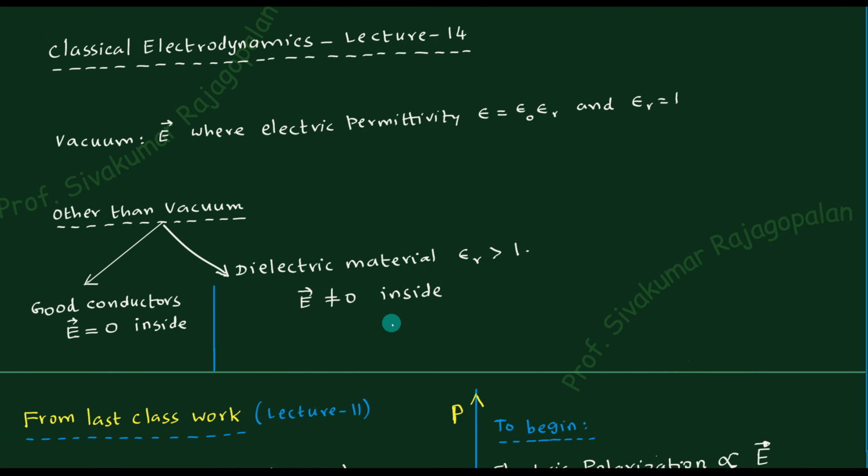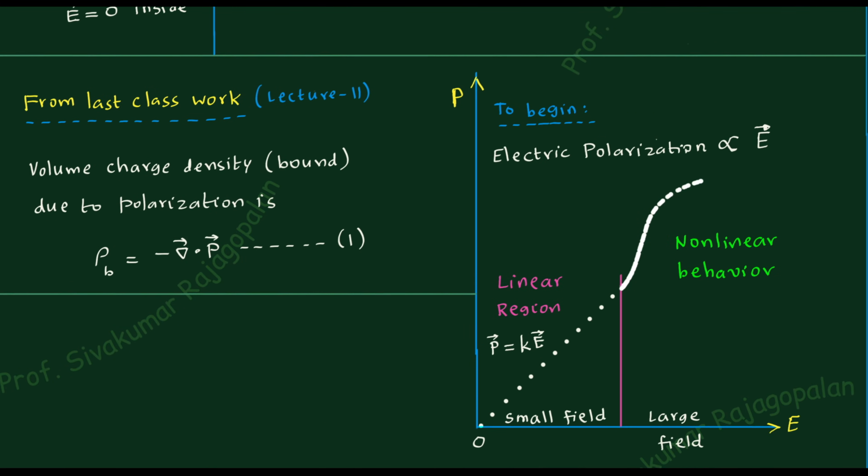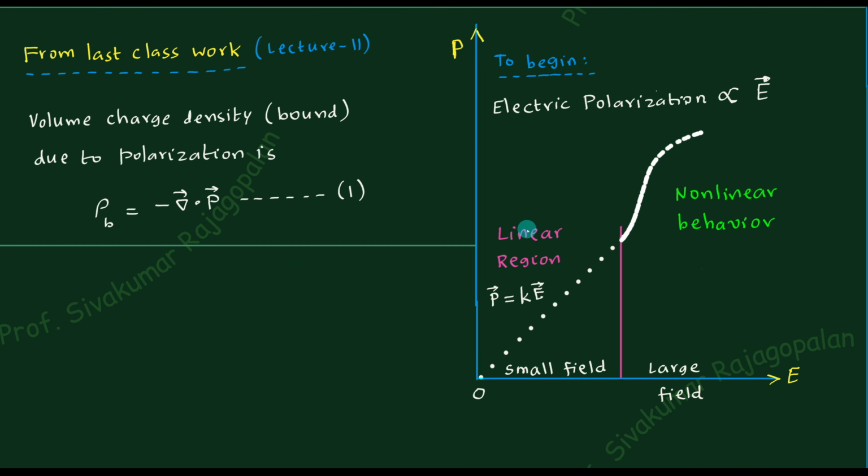Today's class main work, if you see, is that we are going to discuss polarization. So let me come down here and explain this graph. First I will explain this, then we'll go here. This is an experimental evidence, where the electric field versus polarization is drawn. This is important. You have an origin here. We apply the electric field in volt per meter, kilovolt per meter, whatever it is. That is how they apply the external electric field in a particular direction. You can control the direction in which the electric field is applied.